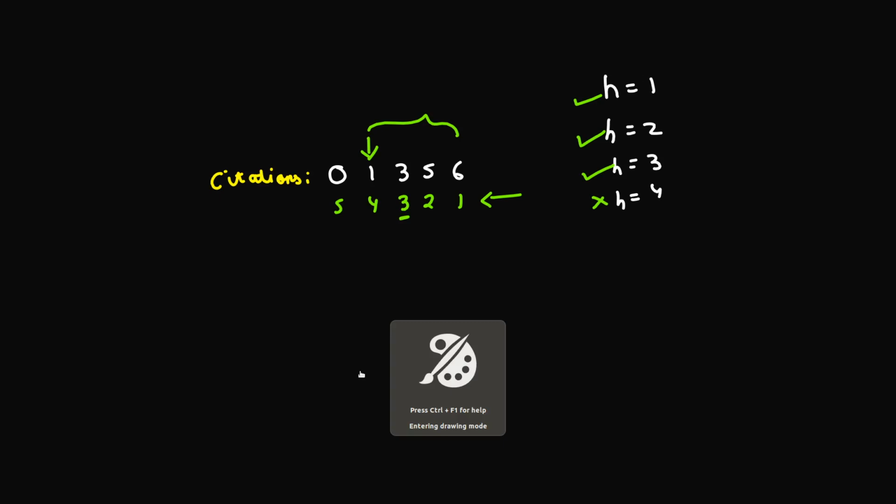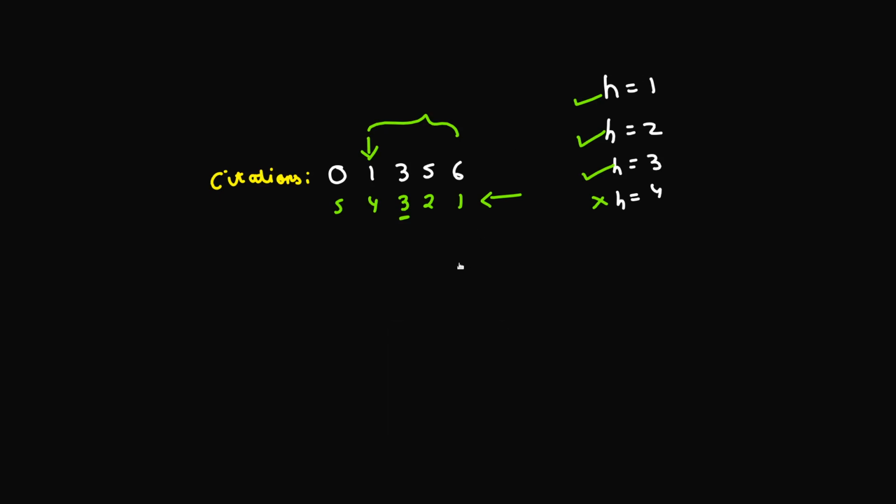Okay, so what I'm doing here again is, I've initialized answer as 0. So let's say ans equals 0 is what I have. I'll see whether the first number from the end, corresponding to the first entry, can be the h index or not. So yes, this number is in fact greater than or equal to 1, so I'll update my answer to 1. Next, I'll check whether the next number from the end is greater than or equal to 2. Yes, it is, so I'll update my answer to 2.